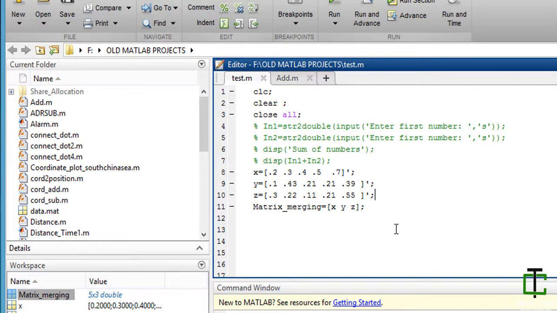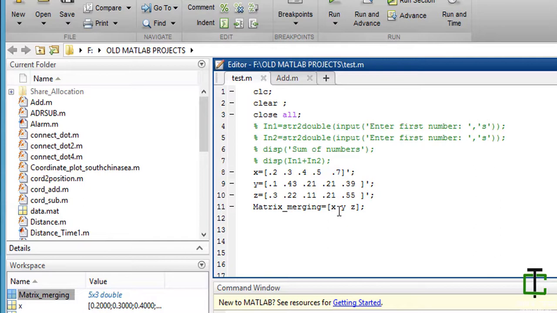Okay, now you are clear that if I put a comma or a space between two matrices, it will arrange the matrices column wise.